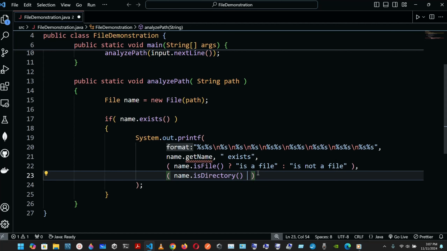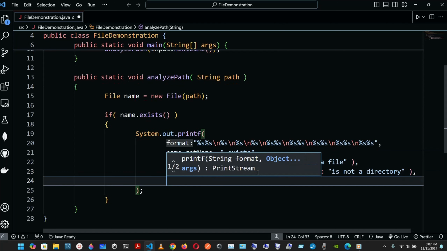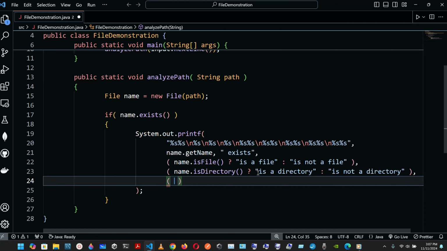And yeah, we're gonna do the same thing. So let me see, is a directory, so colon is a directory, and then here is not a directory. Okay, so comma, is a directory, is not a directory. Okay, here we're gonna have name, so it's gonna be name that is absolute,